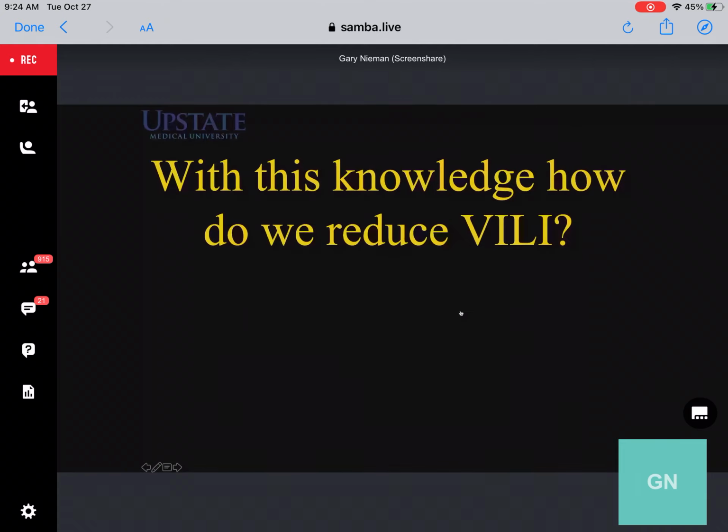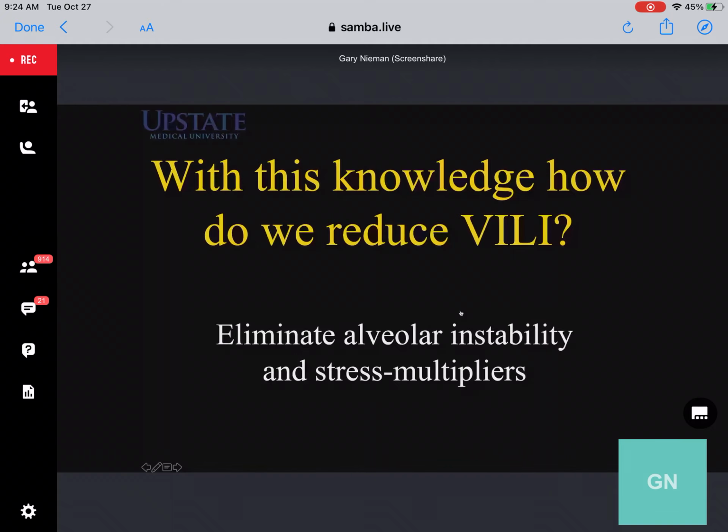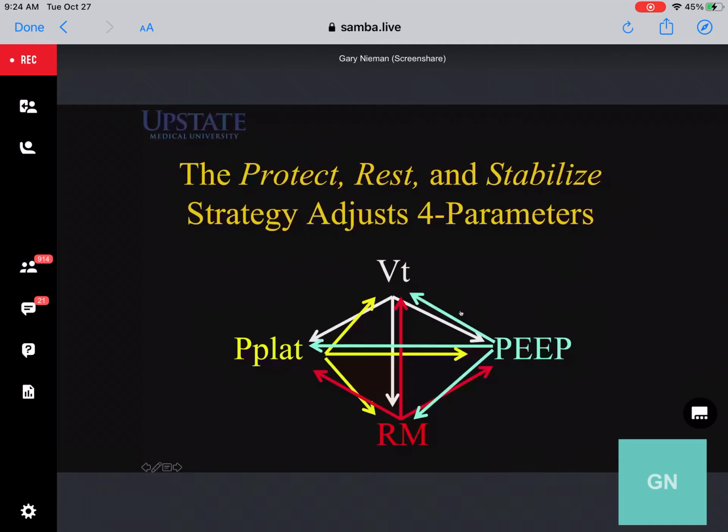So with this knowledge, how do we reduce VILI? Now we know the mechanism, at least that's the presumed mechanism today. There surely is still some controversy, but I think, at least in my opinion, the overwhelming data suggests that recruitment, de-recruitment, and stress multipliers are the driving force in VILI. So if this is true, what do we do? Obviously it's simple. We eliminate alveolar instability and stress multipliers, and of course that's probably much easier said than done. It's been tried for 2 decades, and we've used all of these combinations